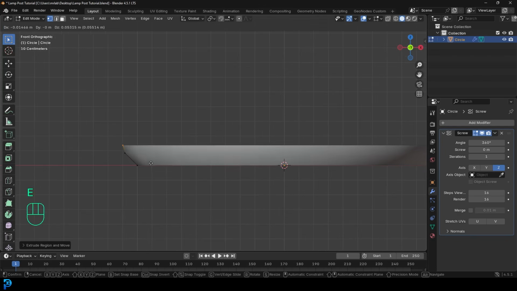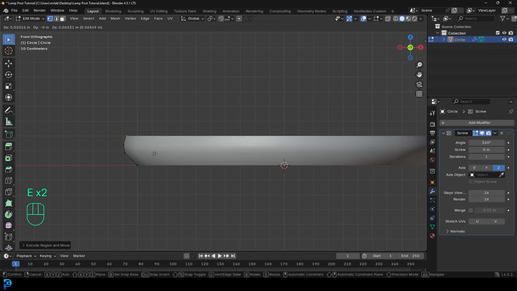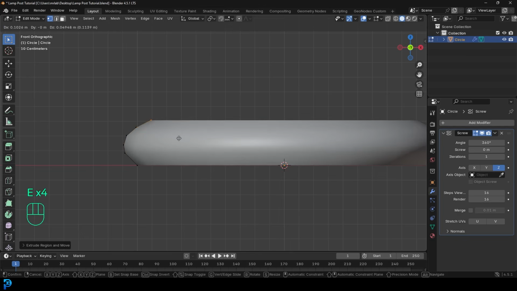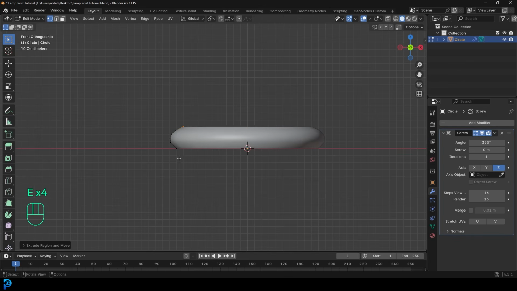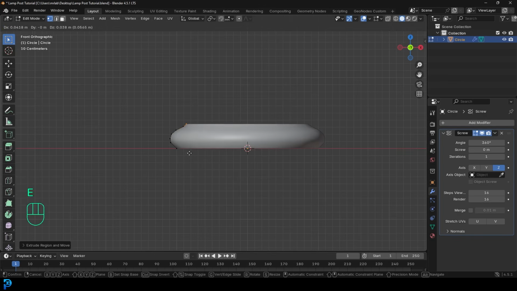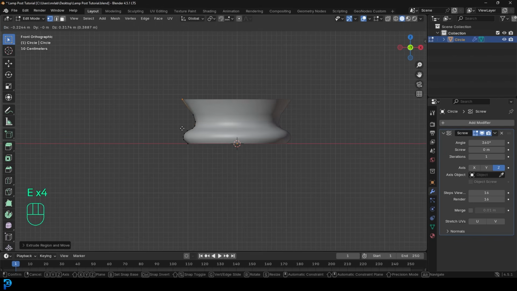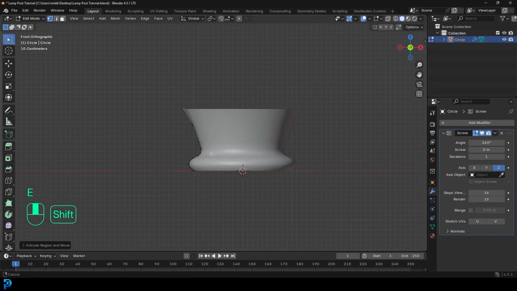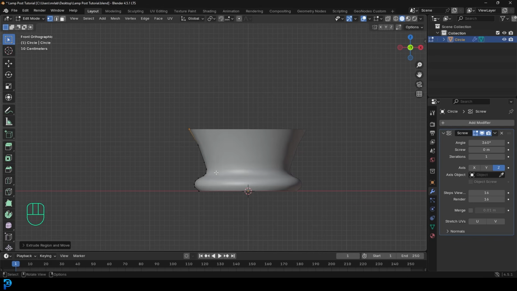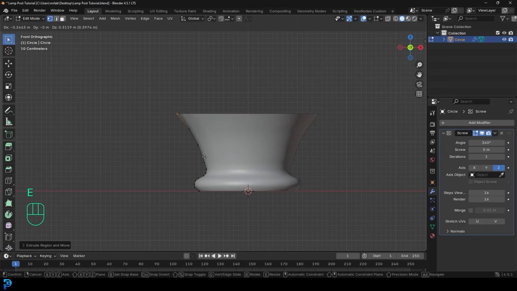And then we're going to go E to extrude up a little bit, and we're just kind of making a little bit of a bend. So I'm just keep pressing E and moving it, E and moving it. So we have sort of like this lip. And then from here, we're going to kind of flange it out like this. Okay, there we go, out this direction. Keep going up. So you see we're making like a nice sort of flange, just going up, extrude again,